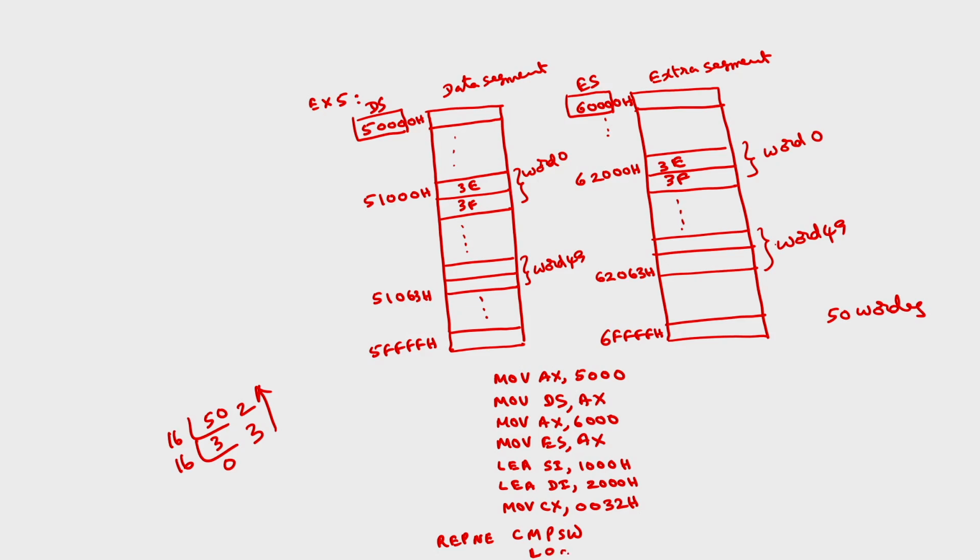Where should we use a loop? Sorry, here there is no loop, because it is inside this instruction itself. So simply halt. Because of the CMPSW, this repeat will act as the loop. So you see the program to compare 100 bytes: it will stop whenever the end of the array is reached or otherwise if there is a match.